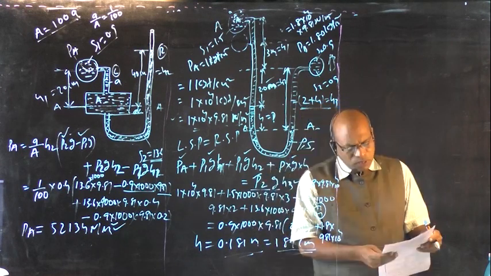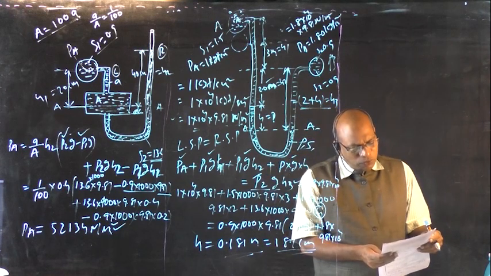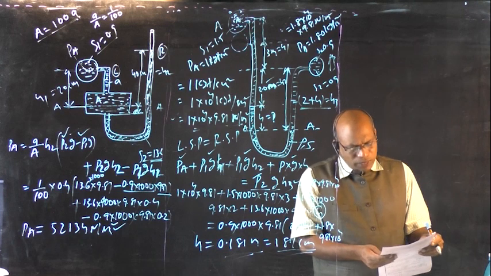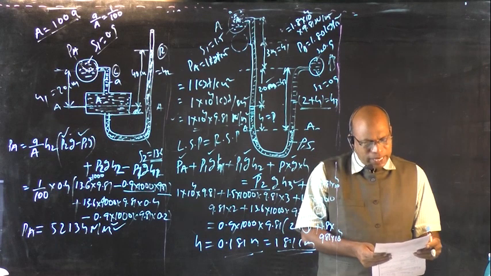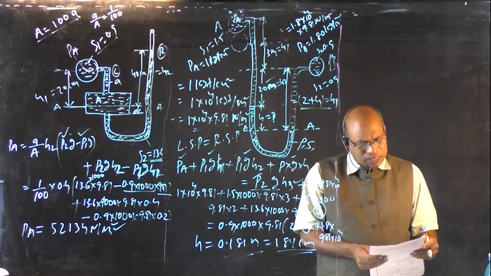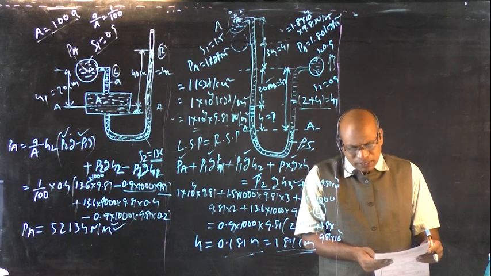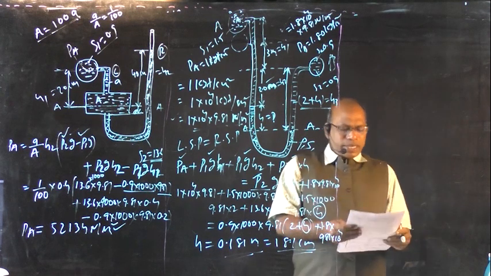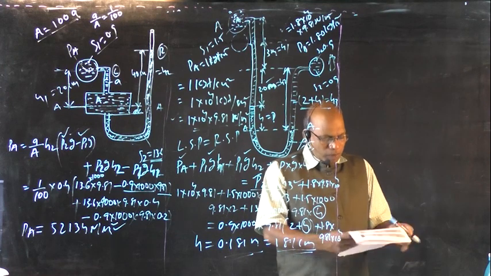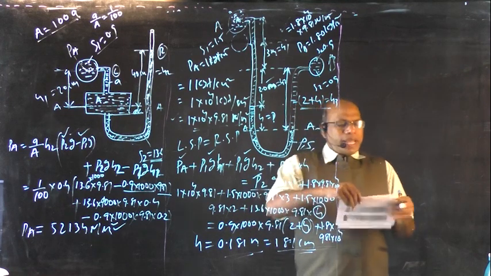Please note down. Water is flowing through two different pipes to which an inverted differential manometer having an oil of specific gravity 0.8 is connected. The pressure head in the pipe A is 2 meters of water. The pressure in the pipe B for the manometer reading is as shown in figure. Right. So here in this problem they have given diagram.